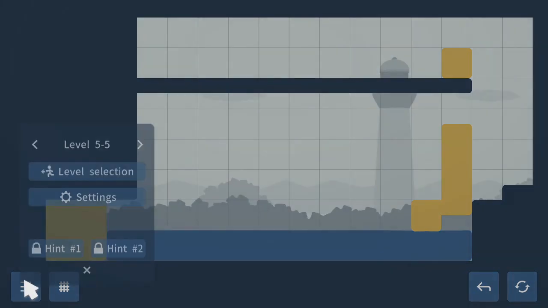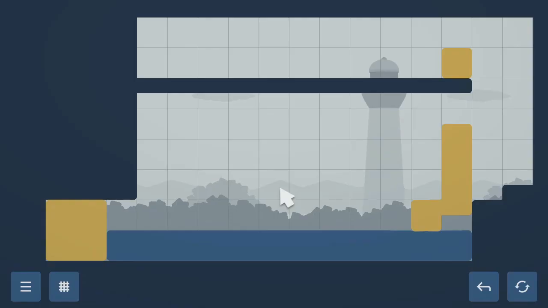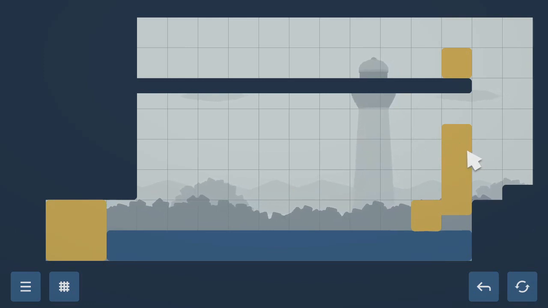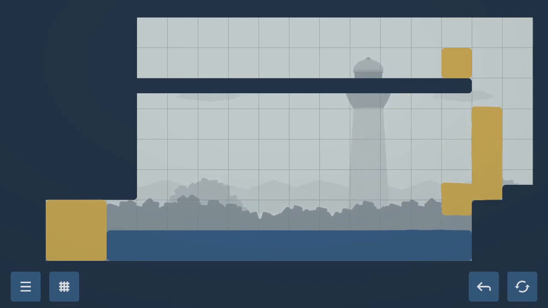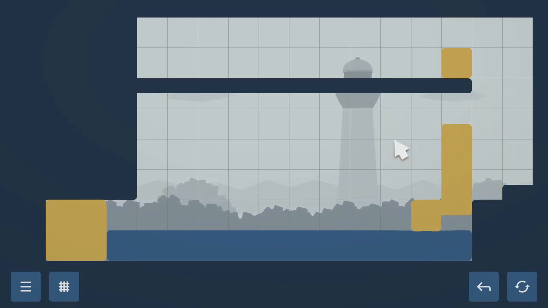I'm curious what happens if I ask for a hint. All the hints have been used for today. That's all it says. Okay. Just like, you're out of luck, Brian. Nice try. Try again tomorrow. All right. So...